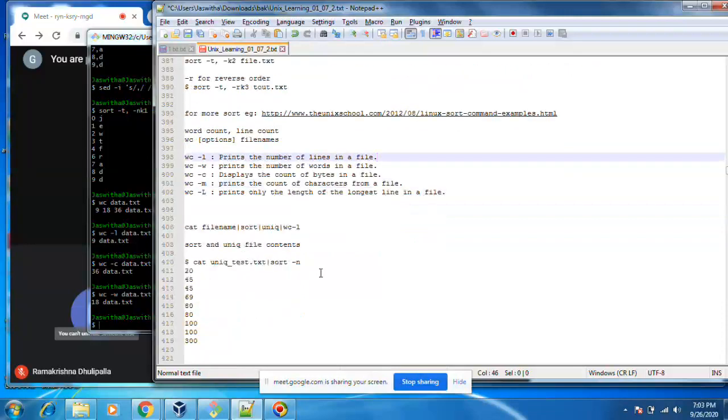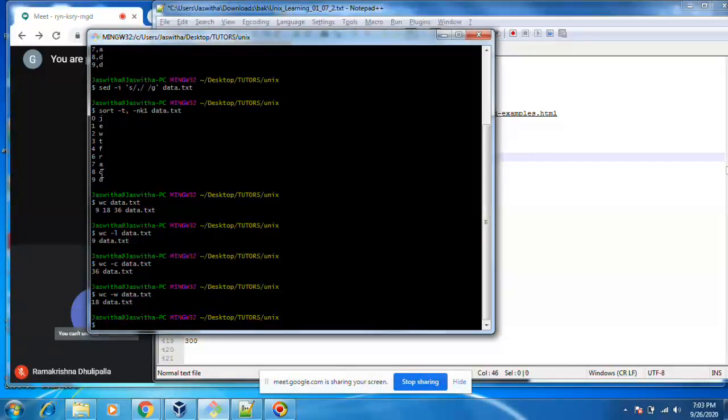Okay. Next one is unique. Sort unique. Unique is nothing but removing duplicates. DD came two times. I want to remove duplicates in the second column. I am just replacing space with comma.